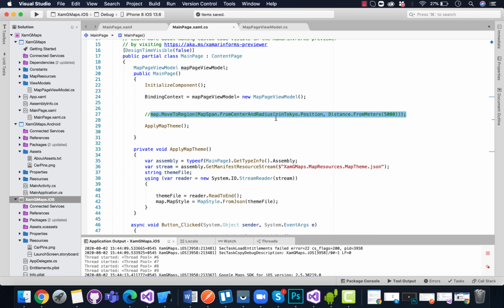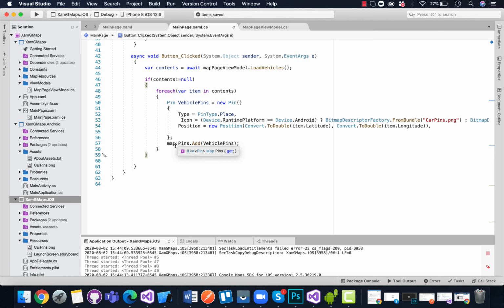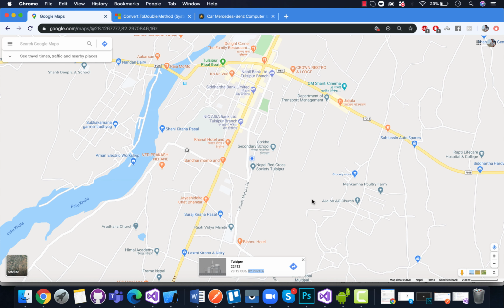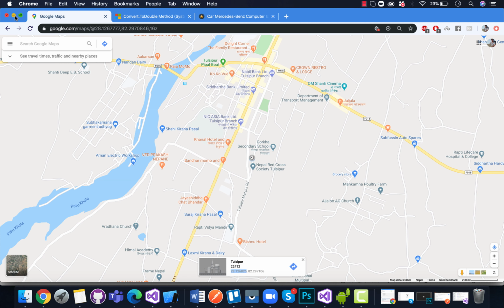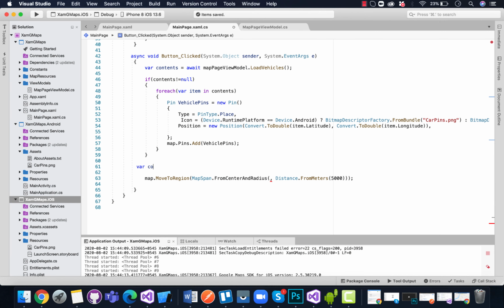Let's copy this line of code, then paste it over here, as we want our map to get loaded whenever that button gets clicked. So this is my specific location. So from here you will just locate your position where we'll grab our actual latitude and longitude so that the map will load whenever our button is clicked.